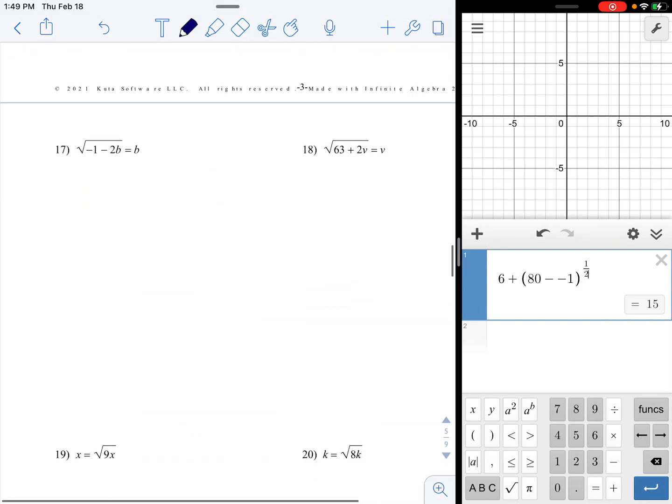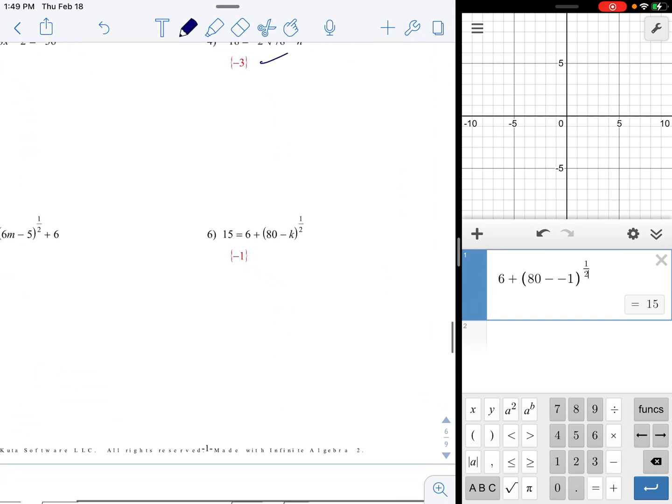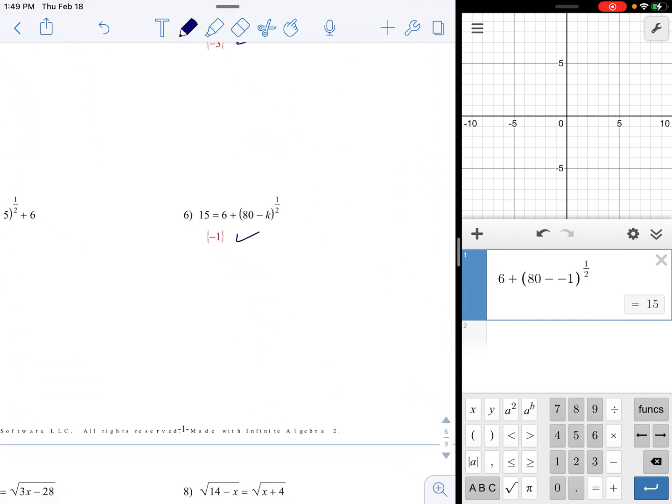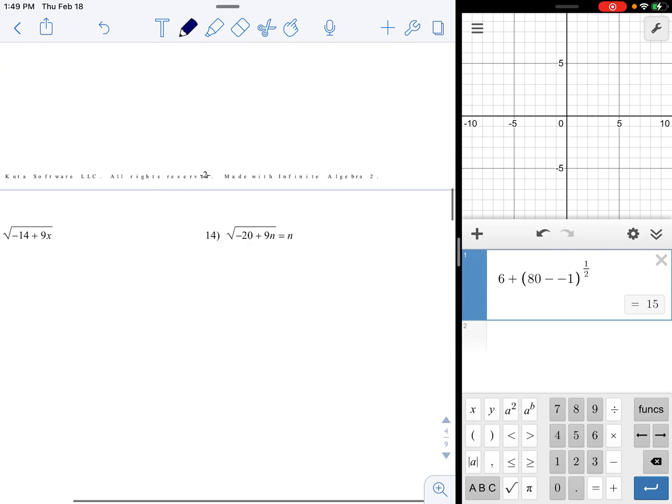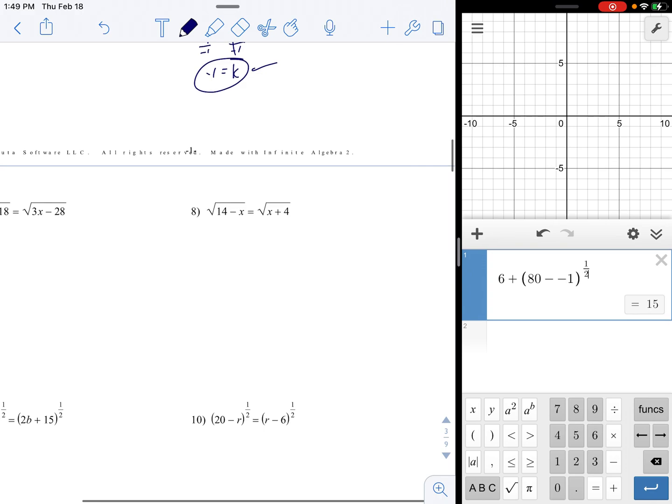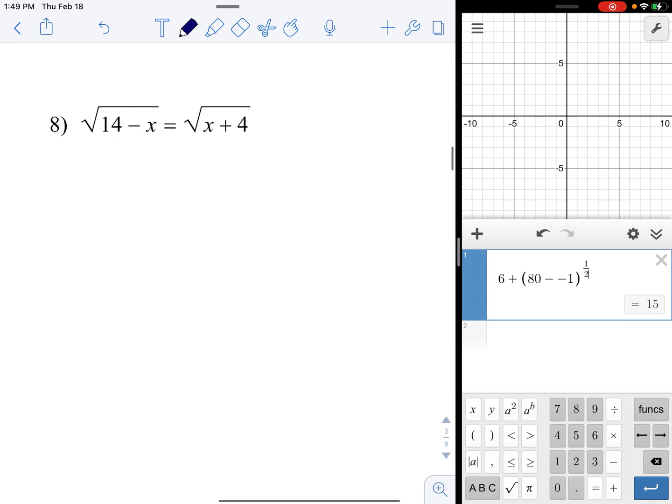So the first page of this worksheet, none of the answers are extraneous. They're all just fairly simple. In fact, I don't think we get extraneous for a little while, but I'll keep on doing them just like you should do them. Number 8 is kind of unique because there is a square root on both sides of